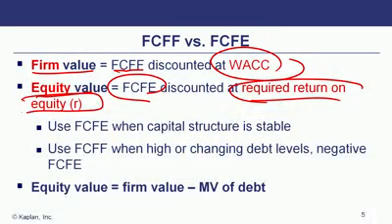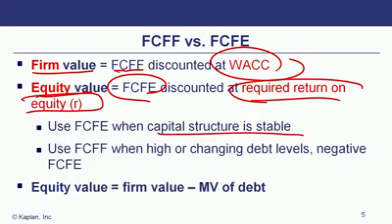Or there's many different ways that we've seen in Level 1, as far as you can use CAPM. What are investors demanding as far as the required rate of return? We discount it at the required rate of return of equity when we use free cash flow to equity when the capital structure is stable.